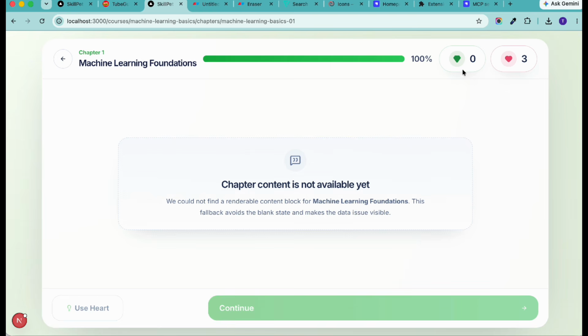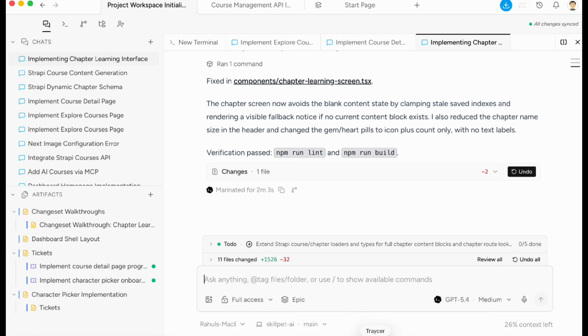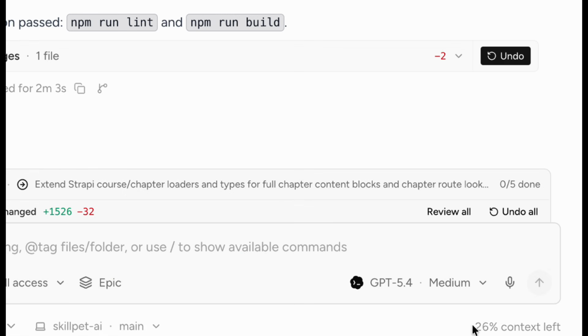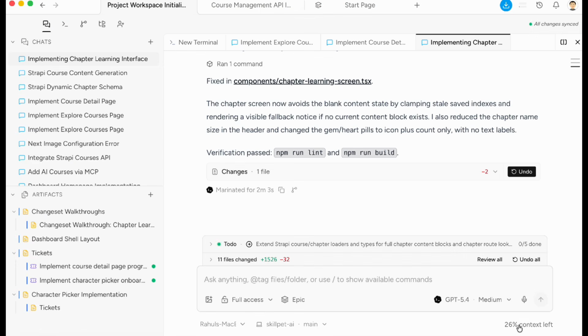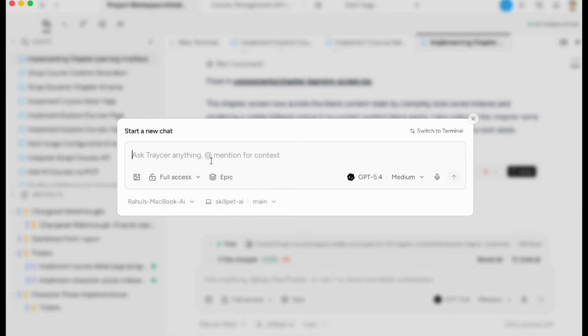After that, we also have the gems and heart icon. Okay, so everything looks good to me, but here we need to tell Tracer why this is not working. So let's go ahead and inform it. Maybe we can start a new chat, because right now you can see only 26% context is left in this chat. So I will start a new one, and here you can say right now when the chapter starts, it's not showing